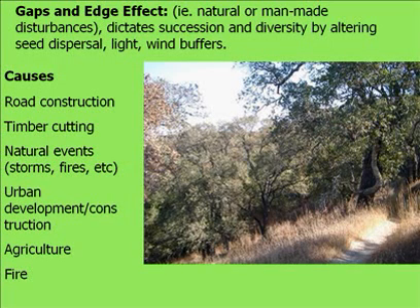And gaps can be caused by a number of different things: road construction, harvesting, natural events like storms, fires, insect outbreaks, etc. are all causes of edges. Urban development, agriculture especially, and even fire can cause those different types of gaps and edge effect, which do dictate